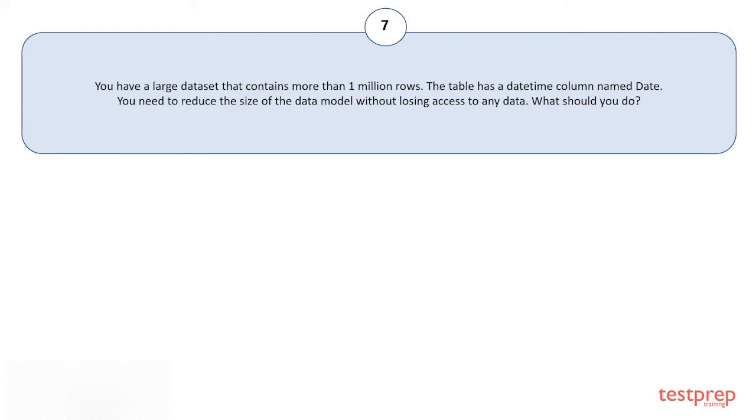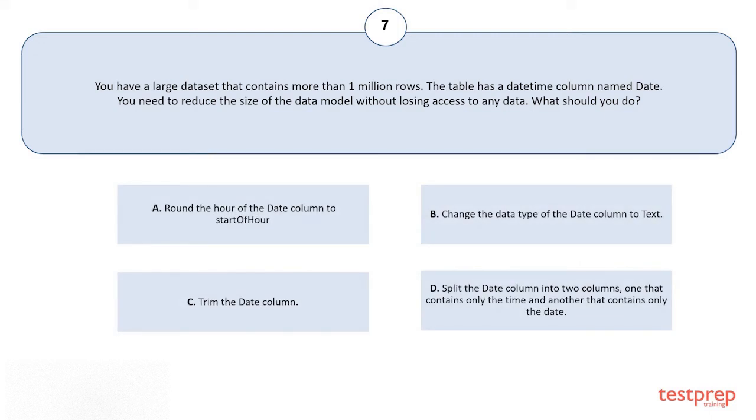Your options are A. Round the hour of the date column to start of hour. B. Change the data type of the date column to text. C. Trim the date column. D. Split the date column into 2 columns, one that contains only the time and another that contains only the date. The correct answer is